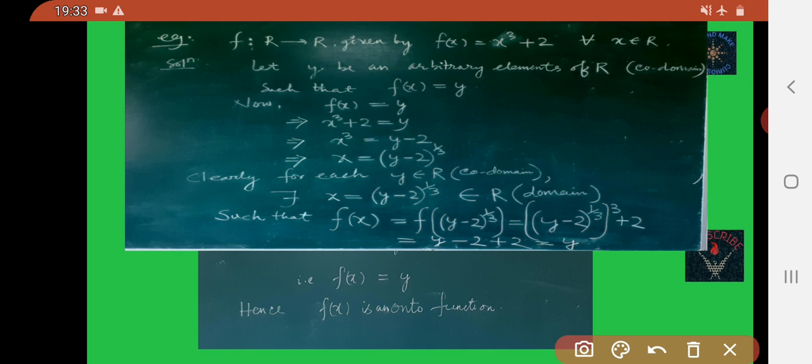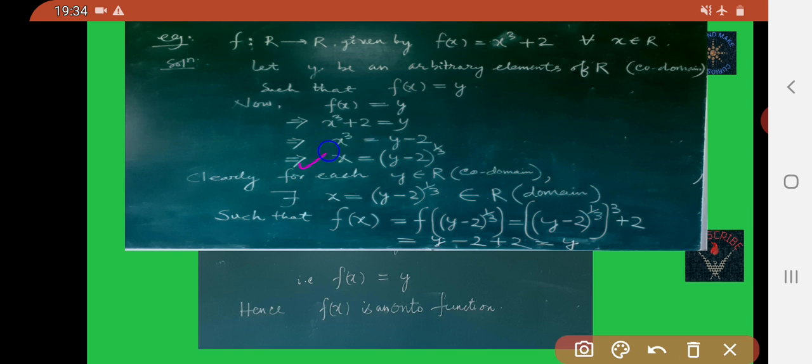So here f of x is equal to x cube plus 2. So here you write x cube plus 2. Then you take 2 to the right side. Then you get x cube is equal to y minus 2.